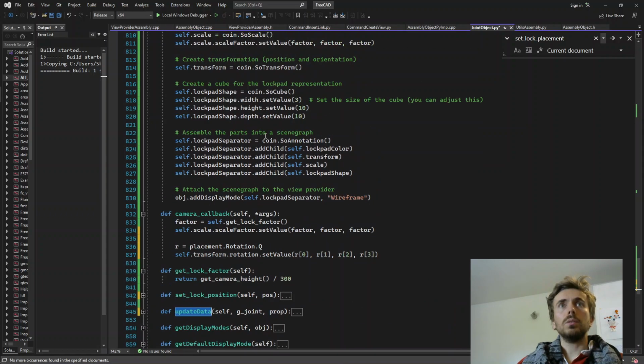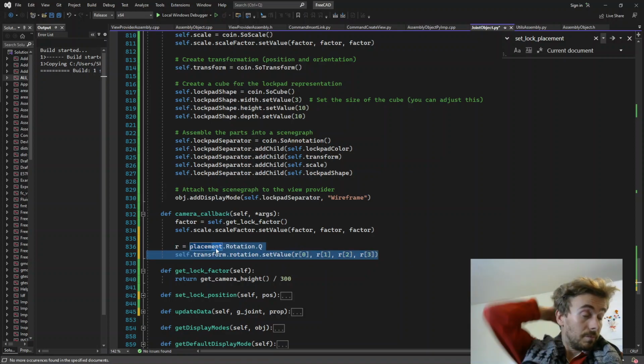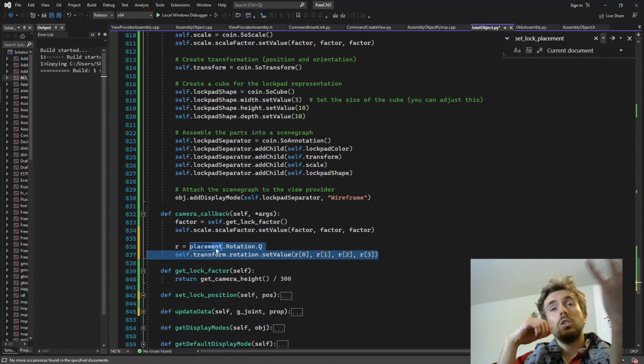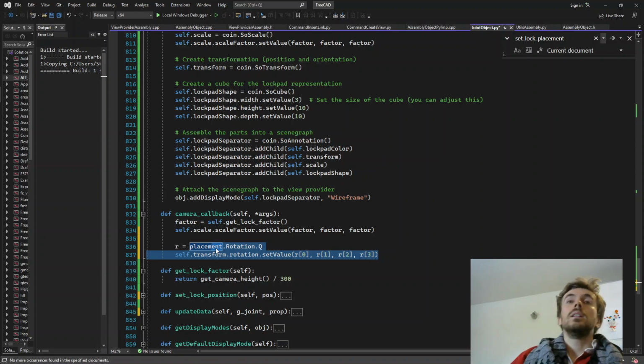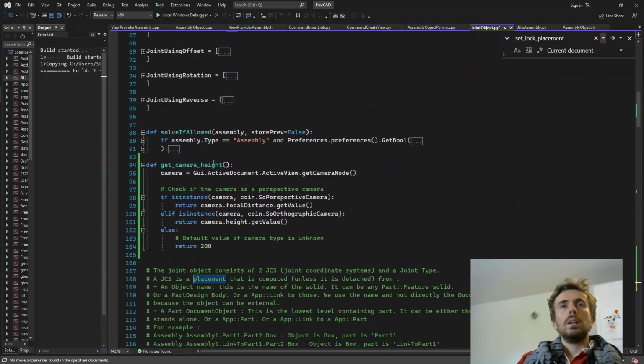This we can close. So let us think a little bit. So camera callback, when the camera is, we want to get the rotation so that it is facing us. And how are we going to get that? Camera equals,